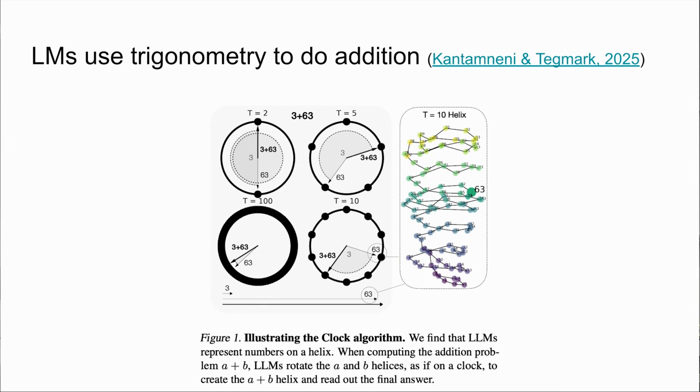Another good helix, definitely in my top 2 helices in language models. Not yet, but maybe top 3. This is from a recent paper looking at how language models do arithmetic, and basically they find this really rich structure involving rotations on a helix representing numbers. It's very intricate, and I think they did a lot of really deep analysis on this one.